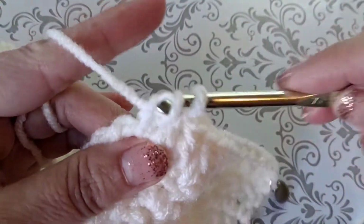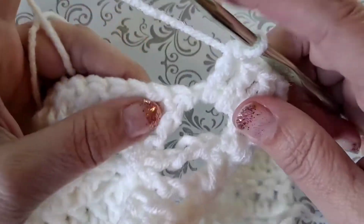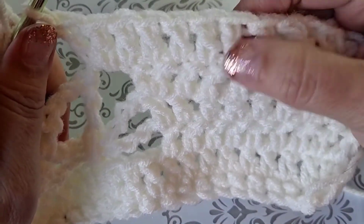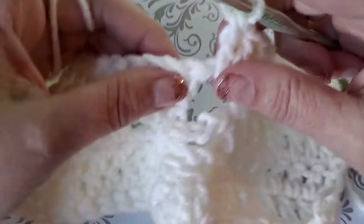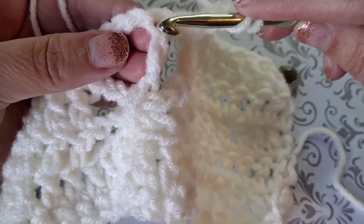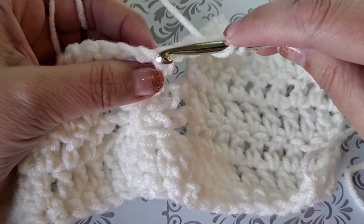And then I'm going to do something that you absolutely do not ever have to do. It says double crochet in all trebles too, and I'm going to. I like a straight double crochet in that. So you'll see that these are not on top of each other. They're kind of up and over a little bit. But for my butterfly, I really want it to be straight up and down. How do you do that? So you got your 2, you go through your 2, which you could do, right? But do you see that just hanging out, that little 3rd one? So there's your 2 right there. There's your 3rd. Can you see that 3rd? So normally you would go through the 2,